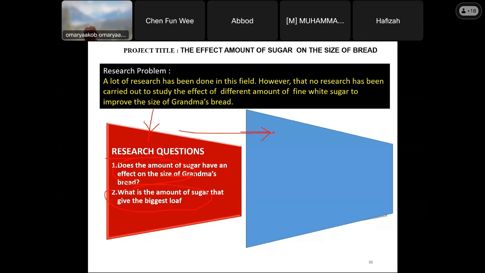To determine amount of sugar has an effect on the bread size. To determine whether, okay, sama ada. To determine whether the amount of sugar has an effect. Okay, that's the first question. The first objective. Second objective,